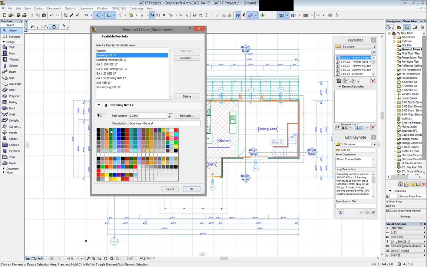But the next button is even more sinister. It's the general object button. Every time you place a blender or a car or a person or a tree or a rowing machine or a clock on the wall, like we did earlier, it places with pen number 3, which by default at 1 to 50 is a 0.18. So if I have modified that to be my 0.5 or my 0.7 pen, for every object I place, of which there are thousands and thousands inside ArchiCAD, you would need to go and change them to a new default pen. Or you would go into the object tool and reset the defaults, which would be a project